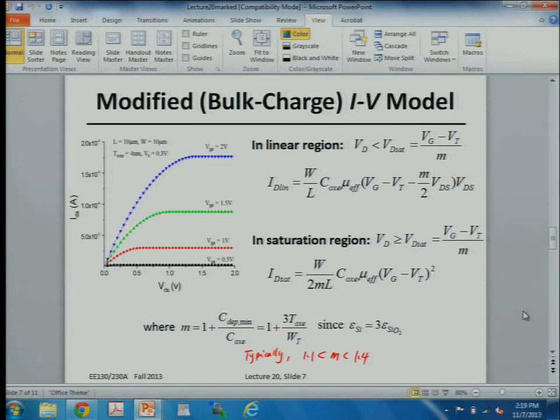ID has W mu effective, still have C ox equivalent times VGS minus VT, but now instead of VDS over L, it's VD sat over L. Another factor turns out to be 2M, if I remember correctly, 2ML, yes, you forgot the L. You can probably work the algebra out here, but it's basically the